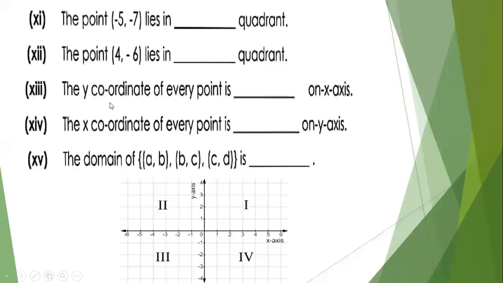It is 0 because, see the y coordinate. If the point exists on the y coordinate and it is not on the x coordinate, then on the x coordinate it will be 0 because you are not moving on the x coordinate, you are just on the y coordinate. You are moving one step on the y coordinate, so it will be 1, 2 steps, so it will be 2. Whereas if you are on the x coordinate, 1 step, 2 steps, 3, 4, 5 and 6, then on the y axis it will be 0.